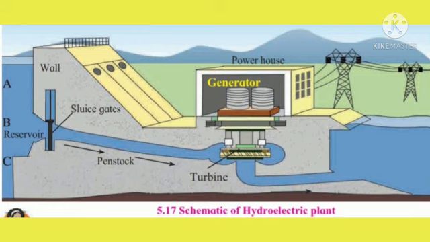Since no fuel is burned in hydroelectric power generation, there is no pollution resulting from the combustion of fuels. If there is sufficient water storage in the dam, it is possible to generate the electricity as and when necessary. Although water from the reservoir is used for power generation, it can be replenished during rainy season, leading to uninterrupted power generation. Let us see the problems associated with hydroelectric power plants.